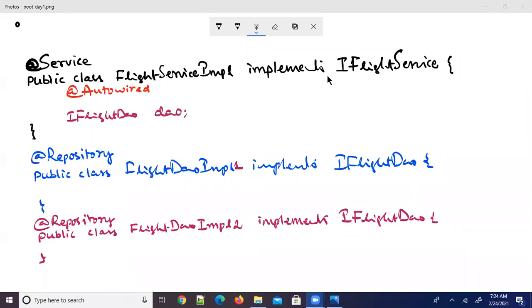So in this case, there is an ambiguity. The Spring container will get an ambiguity. Now it is in a dilemma whether it should inject an object of FlightDaoImpl1 or an object of FlightDaoImpl2 for autowiring. This is the ambiguity.